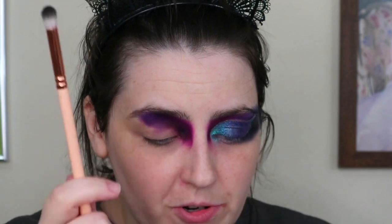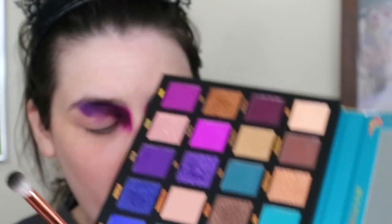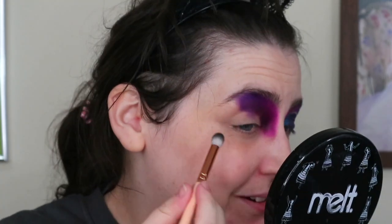I'm taking this Zoeva 225, which the gorgeous Daniela gifted to me when we were together in, well, I want to say Edinburgh, but we weren't in Edinburgh. We were in Mrs. Flat in Alloa. But she was like, this is brilliant for packing on black and diffusing it. And she's so right. So that's exactly what I'm using it for. I am using this brush and I'm going into the shade Noir, which is the exact name of the shade that she used on me with this brush. So,